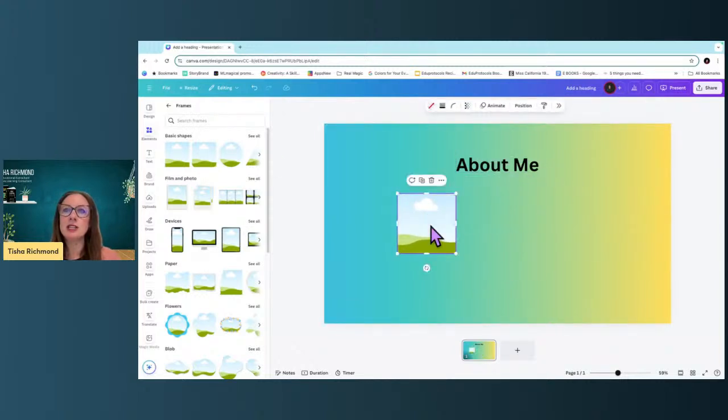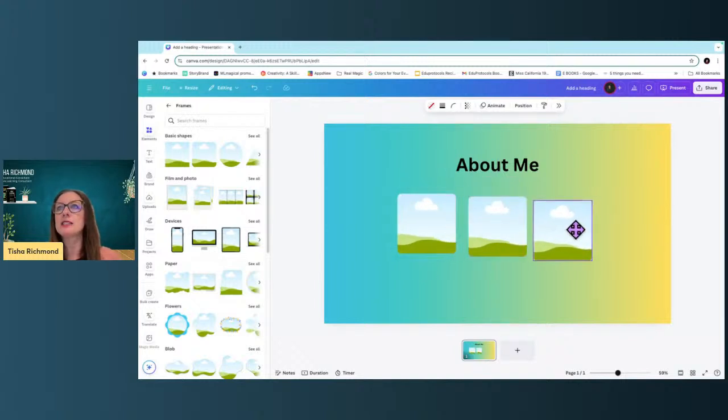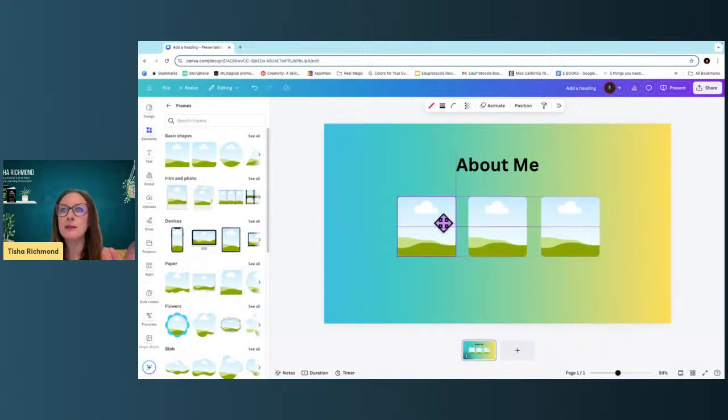And I am going to duplicate it 3 times so that I have 3 spots on my page. And notice how Canva really spaces it out well for you, so you don't have to worry about having the right amount of space in between there. It really does it for you. And I can scroll my cursor over all of these and position it just the way that I want it